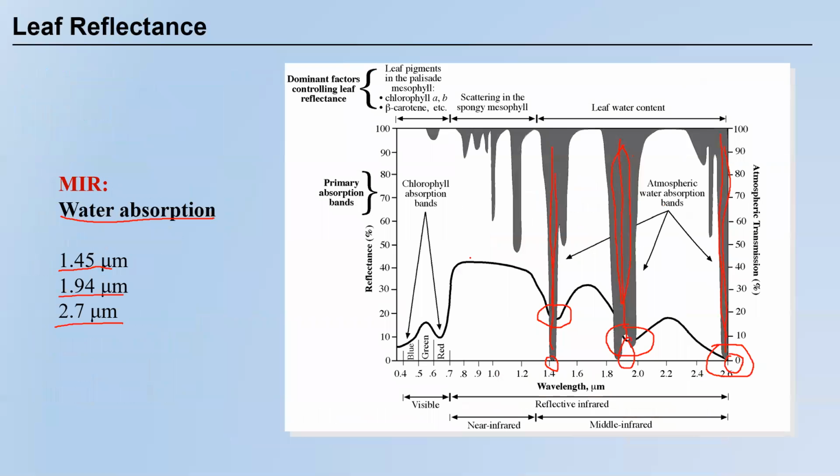And after that, when we're going into the mid-infrared band, water is here to play the most important role, because from the middle infrared band, water begins to absorb a lot of energy. That's the reason why, when we're talking about water bodies in near infrared and mid infrared images, these water bodies are usually in dark tone, because water just absorbs so much